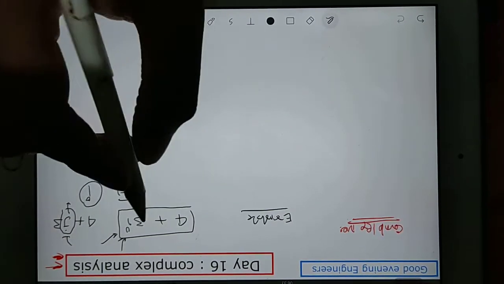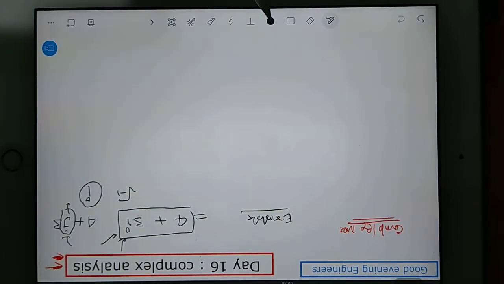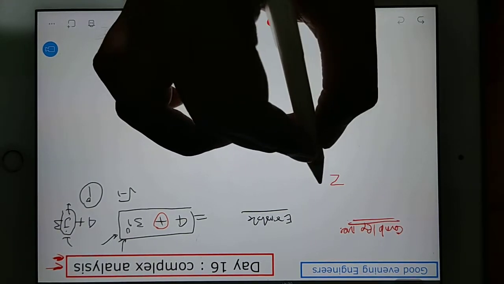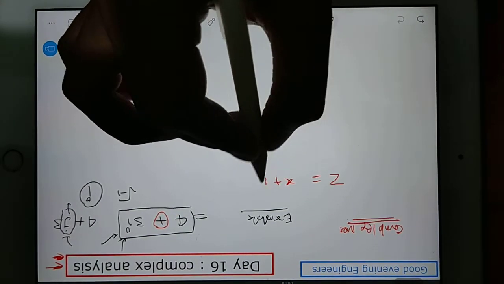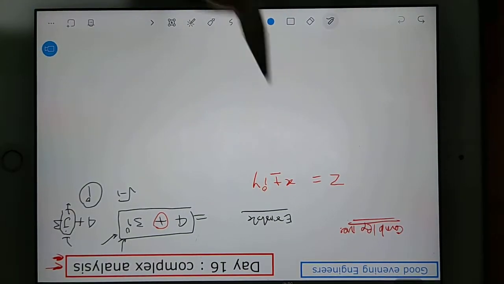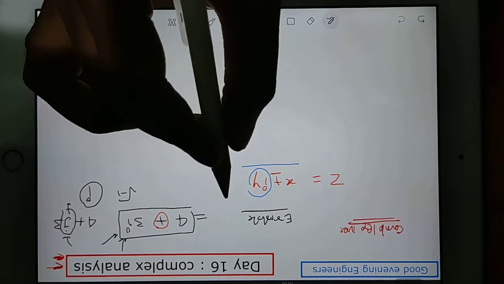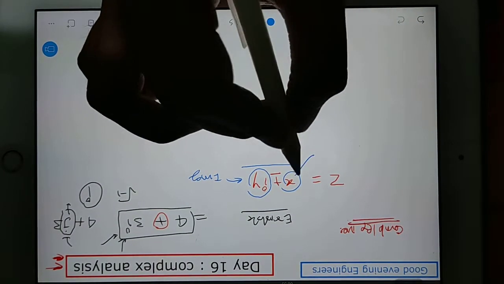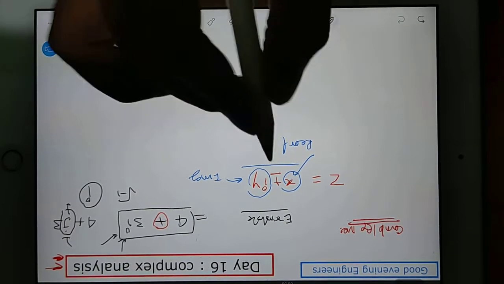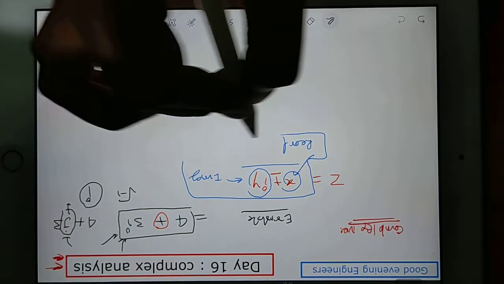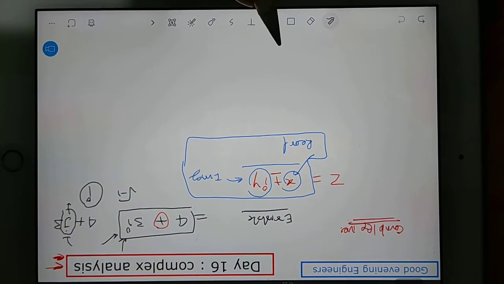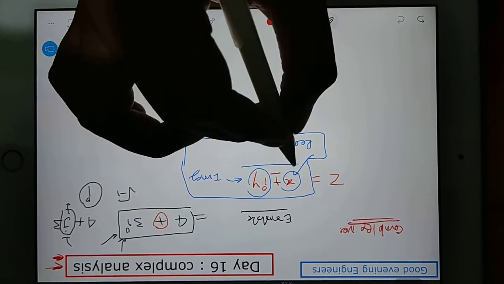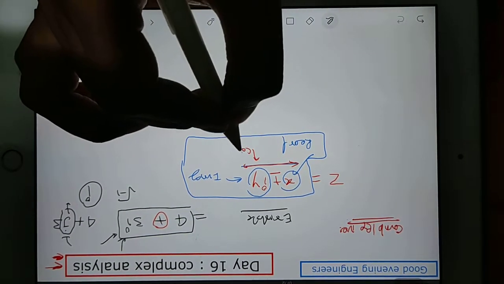In this 4 plus 3i I have chosen plus, but basically any complex number we represent with z, and it can be given as x plus iy; a minus sign can also be there. This part of the number is known as the imaginary part, and this part is known as the real part. The total is not a simple real number, it is the combination of both, that's why we call the total number a complex number.